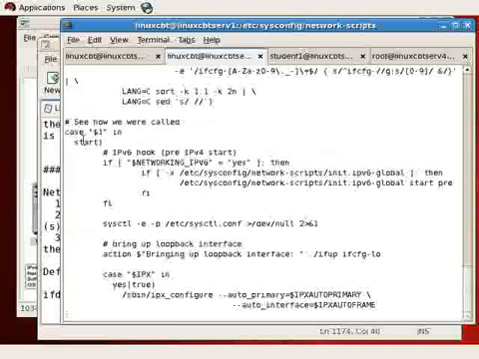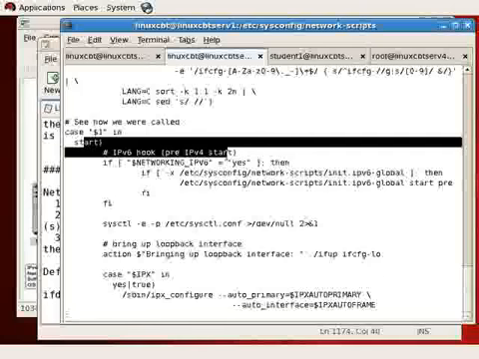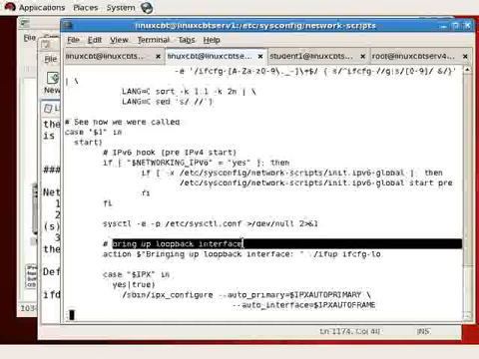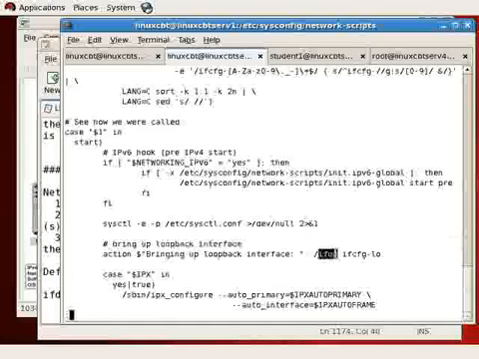Now we see a case if we are in start mode, which the system is in when it's coming up. This case is executed. So we see if networking IPv6 is yes, which is derived from the original /etc/sysconfig/network file, then the following init script is referenced to set up IPv6 support, which automatically contacts IPv6 providers such as your default router and configures IPv6. Again, if networking is yes, the loopback interface is brought up, and that's where ifup is executed against the